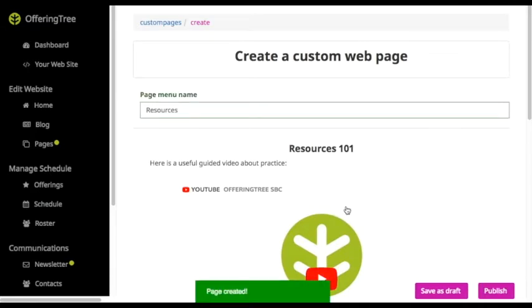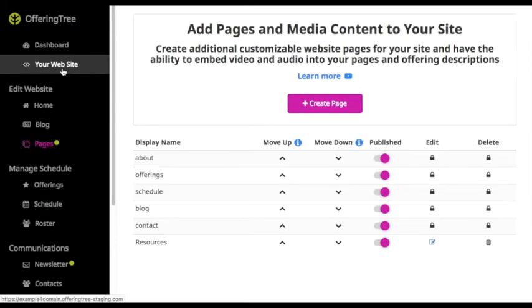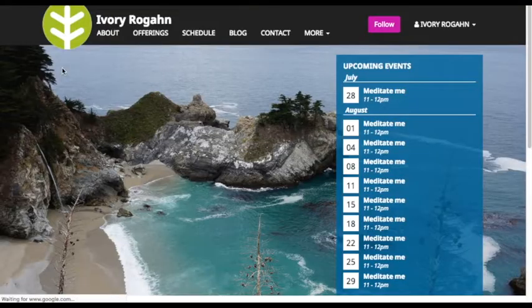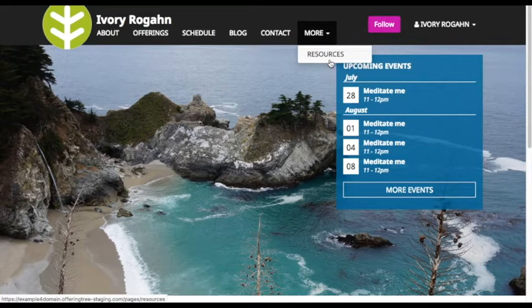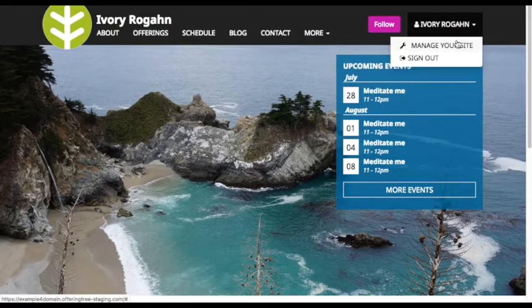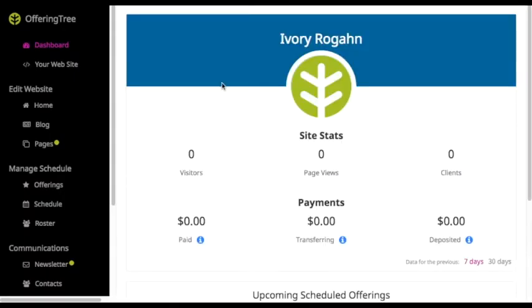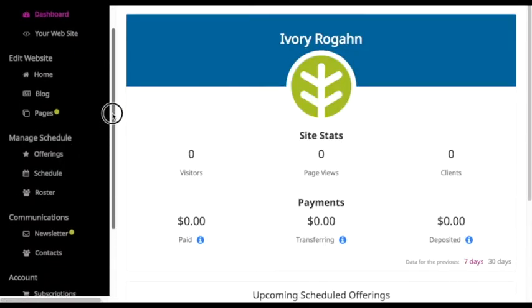Now, since I've just published this, if I look at the public-facing view of my site, you'll see that it actually will show up under the More tab. There's resources, and that's because of the ordering right now of the pages that I have. If I want to change this ordering, let's say I want to move resources to appear right after About, I can do that. All I have to do is go back into the dashboard of my site, and then I